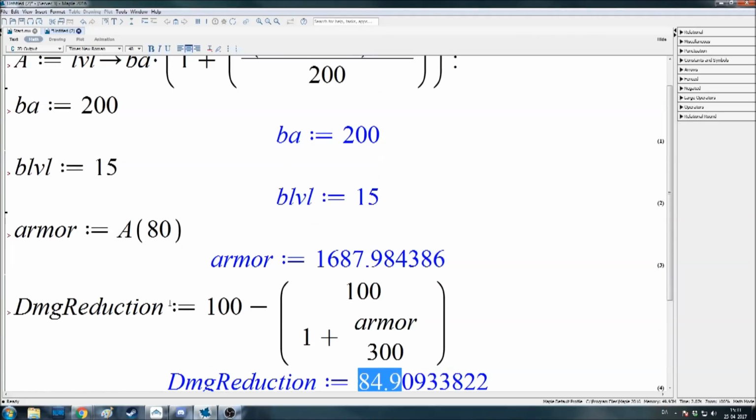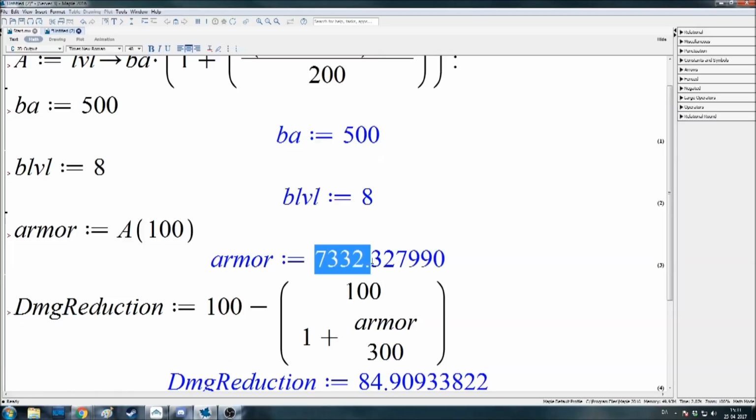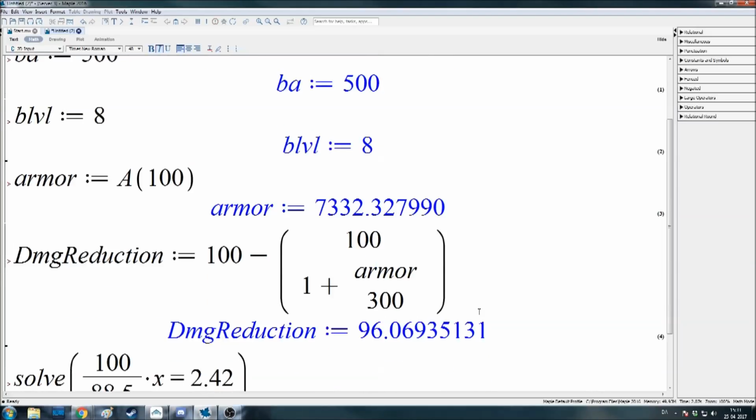And now, let's take one of the most extreme examples and say that we're dealing with a heavy gunner. That's a base armor of 500, a base level of 8, and now let's say that it's a level 100 heavy gunner. That's a lot more armor, and that results in a damage reduction of 96%. Here's the thing you should know about armor, by the way. Due to the way that it scales,